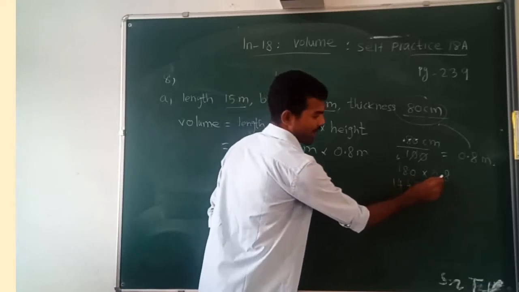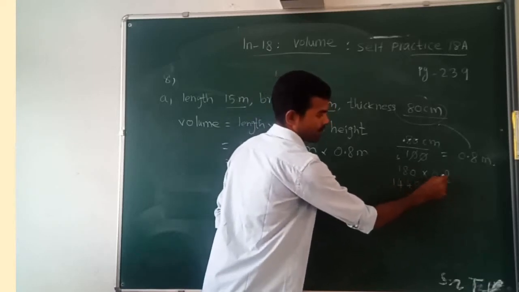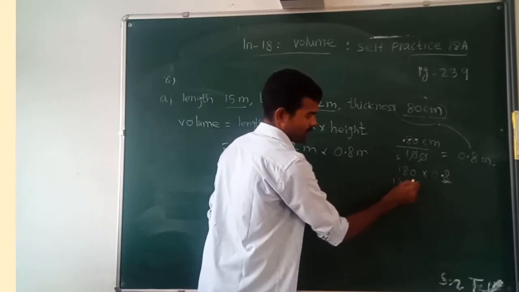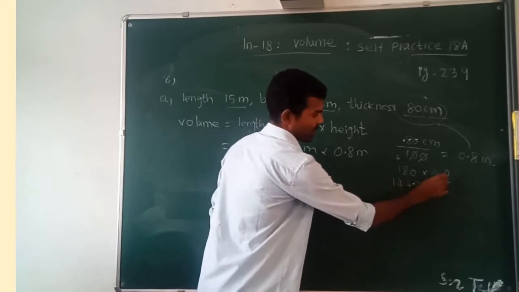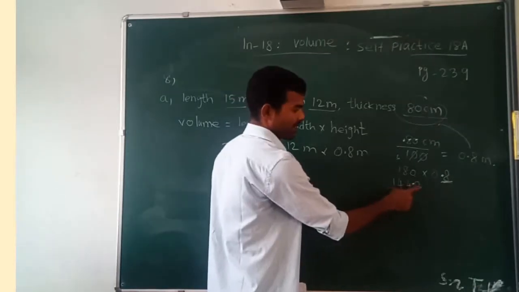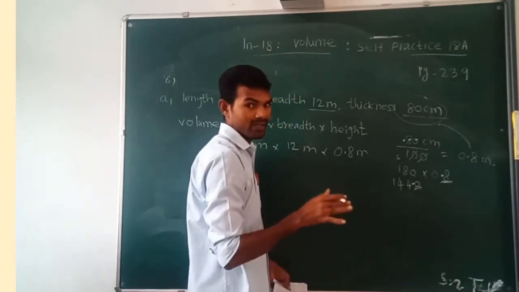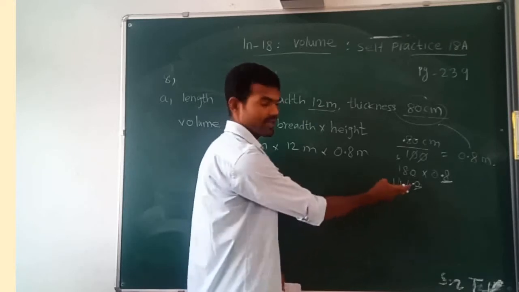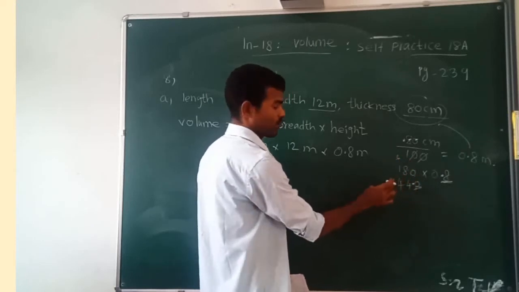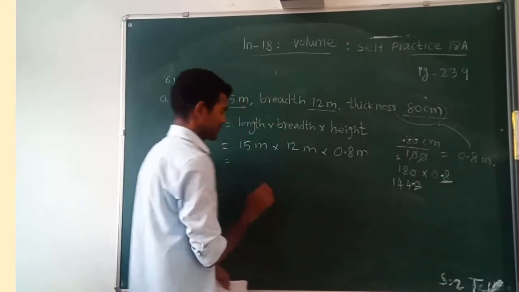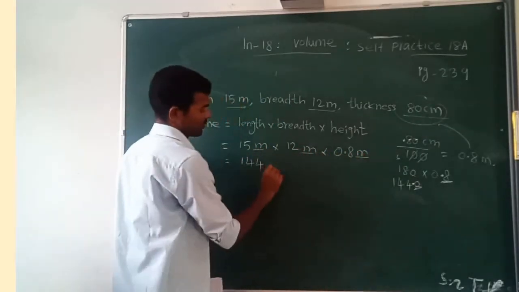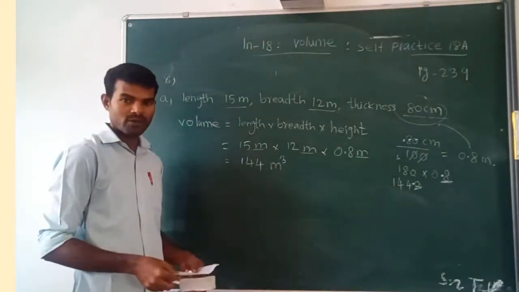So you can see here after the point 1 digit, so put one dot before that 1 digit. After the point there is 0, you can leave it. 0 means you can leave it. If there is any number like 5, 6, 7, 8, you can write it, but 0 means just leave it. 144 is the answer, in meter cube. 144 meter cube.